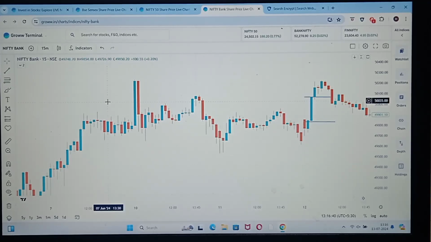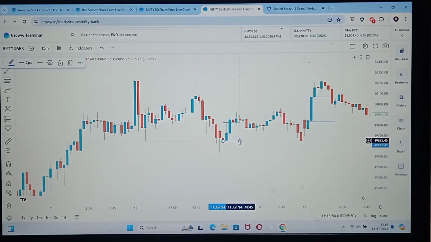Then we'll see 11th June. So clearly you can see, on 11th June we will mark the high and low, and you can see the first candle is bearish, second is also bearish, then a reversal came, then you have seen a V-shaped recovery. This is a V-shaped recovery, a very popular term in the market. I'll discuss this later. Then you can see the 10 AM candle is also bullish, and here we got a small